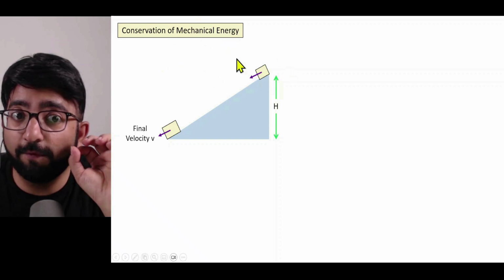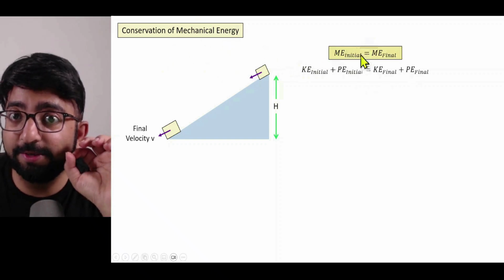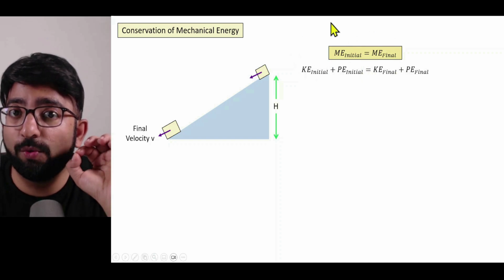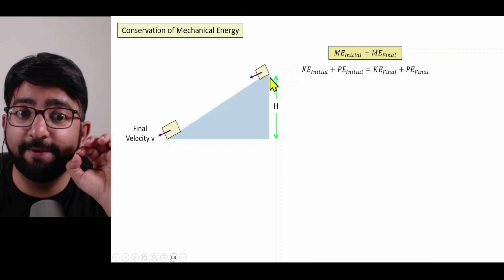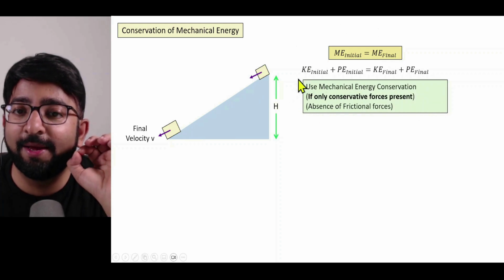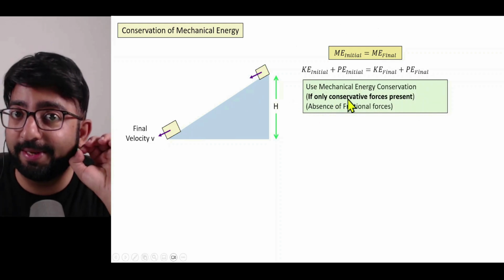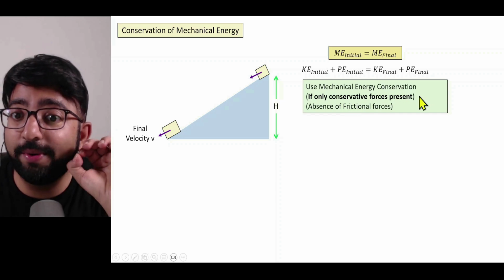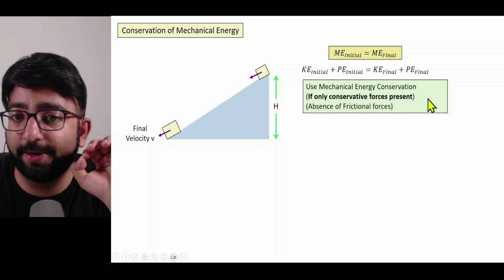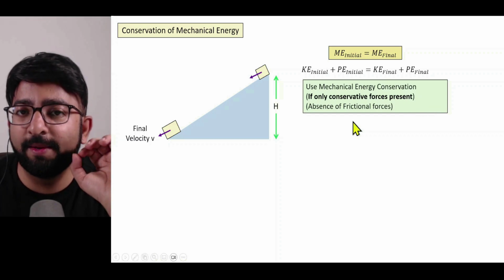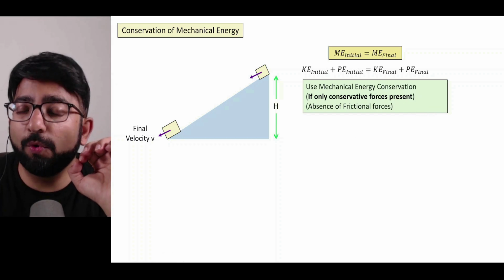So according to the law of conservation of mechanical energy, initial energy will be equal to the final energy. But do remember, you have to apply this equation only if friction is absent. So let's see, remember this as a rule. So use mechanical energy conservation only if conservative forces are present. If non-conservative forces are present, for example, friction, in those cases, the approach is a little